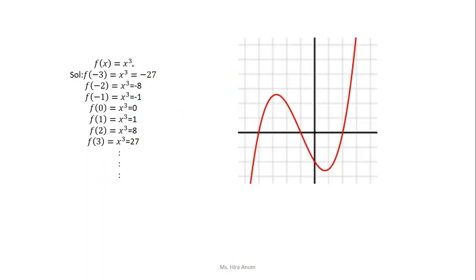We're taking x cubed. Similarly, we take minus 3, which gives us output minus 27. We take minus 2, it gives minus 8, minus 1 gives minus 1. F of 0 equals 0. F of 1 equals 1, F of 2 equals 8, F of 3 equals 27. We can also take more values just for some description. So I take these numbers. The graph becomes like this. It's not the exact graph of this function, but the cubic form has this kind of shape.